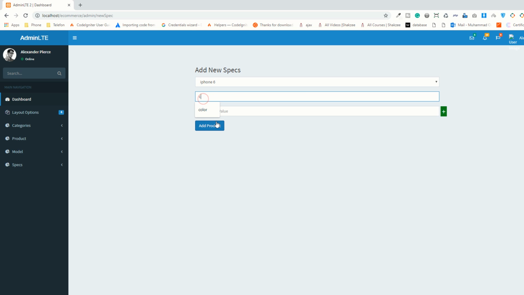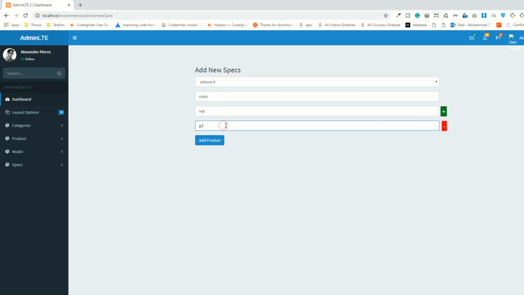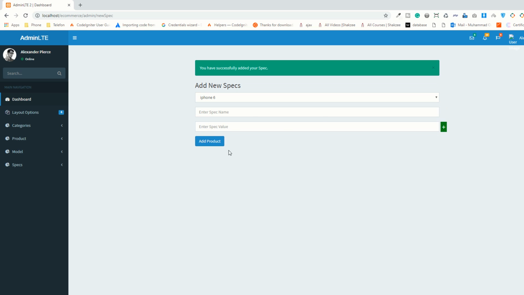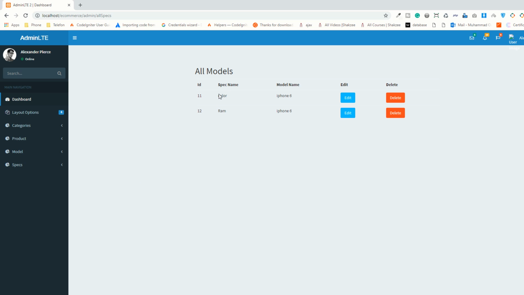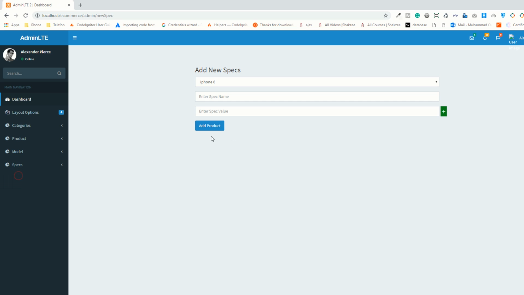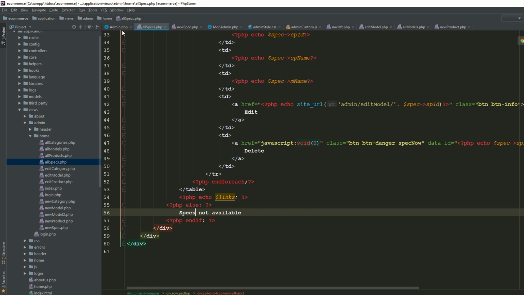Specs are not available. So now create the spec. I'm saying color red plus green, and now I'm saying RAM, it's available in 3 GB, and I'm saying 5 GB. You have added all models, colors, delete the RAM. Now refresh the page, you have successfully created. And now one thing, you have to change this because you are using,